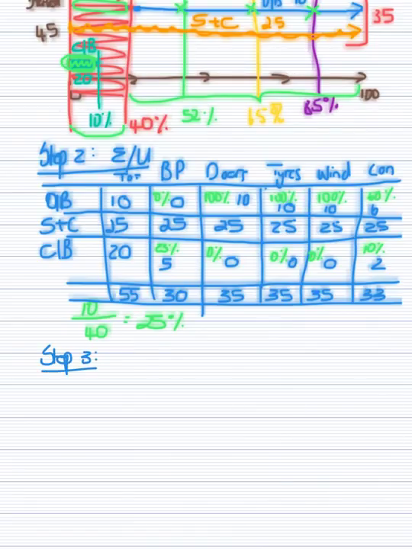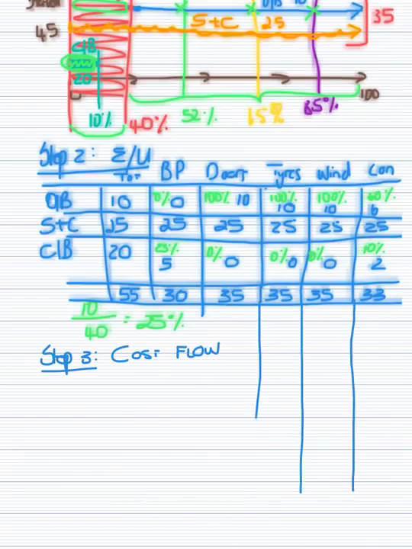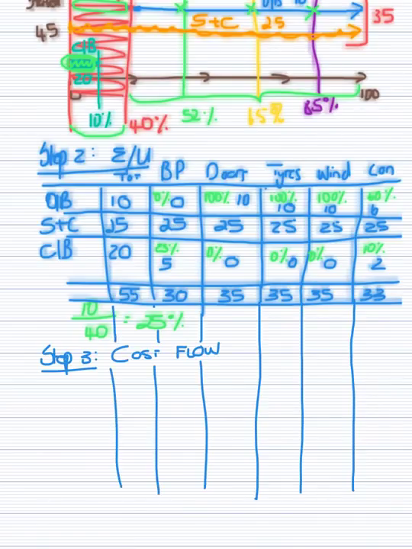In step 3, the cost flow, we're going to continue with our lines, with our same columns that we have for step 2. Now we're going to look at the previous month cost that belongs to opening balance and the current